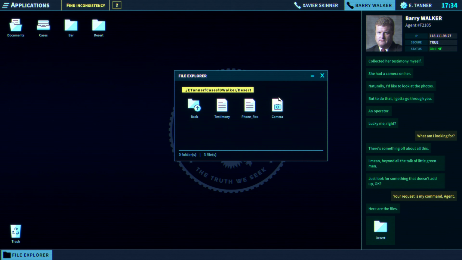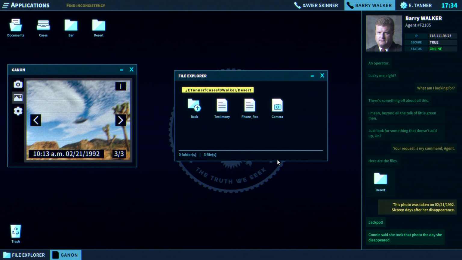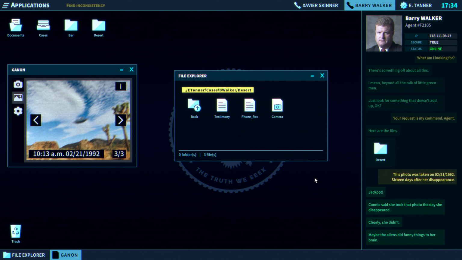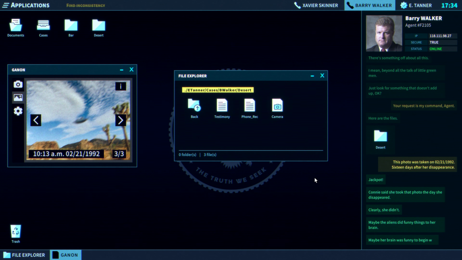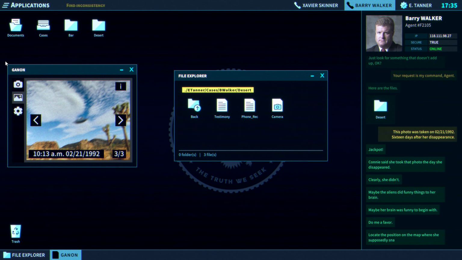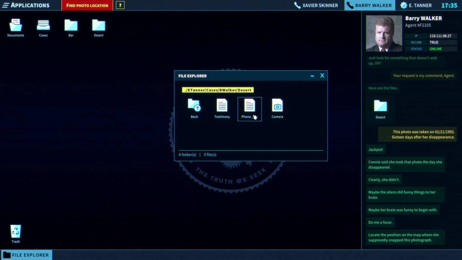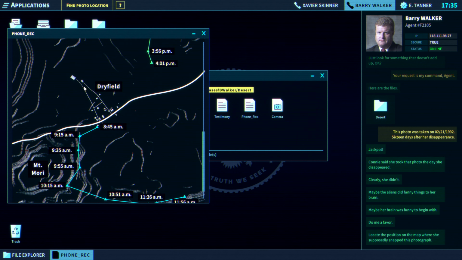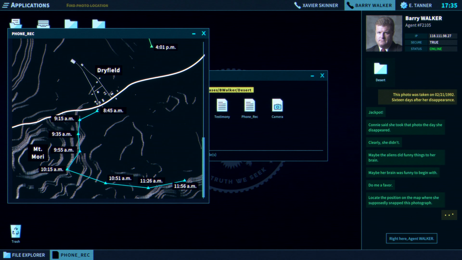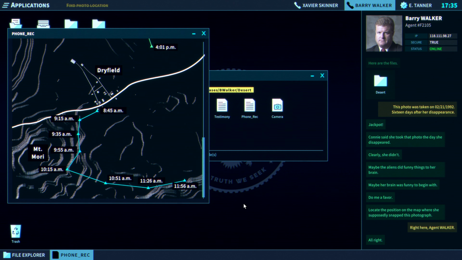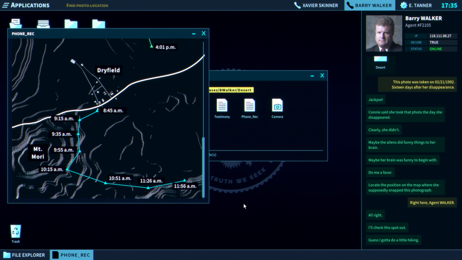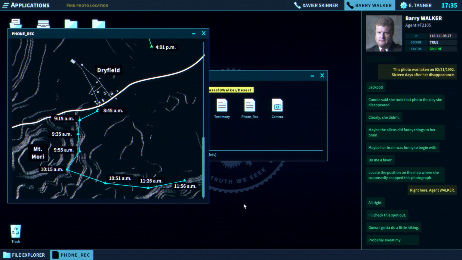Jackpot. Connie said she took that photo the day she disappeared. Clearly, she didn't. Maybe the aliens did funny things to her brain. Maybe her brain was funny to begin with. Do me a favor. Locate the position on the map where she supposedly snapped this photograph. All right. I'll check this spot out. Guess I gotta do a little hiking. Probably sweat my goddamn